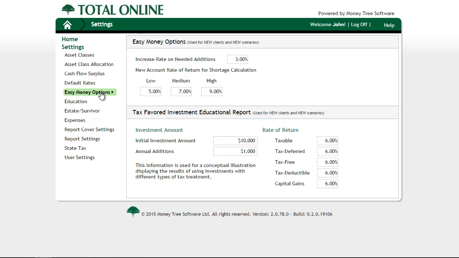Easy money options are used specifically for the easy money projections. The first section is used for easy money shortage solutions. For retirement shortfalls, the shortage solutions will calculate the savings required if that money were to earn the 3 different rates of return entered here, and assume that the additions will increase yearly at the rate entered under increase rate on needed additions. The second section, Tax Favored Investment Educational Report,